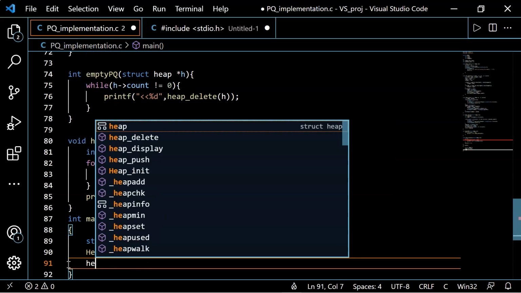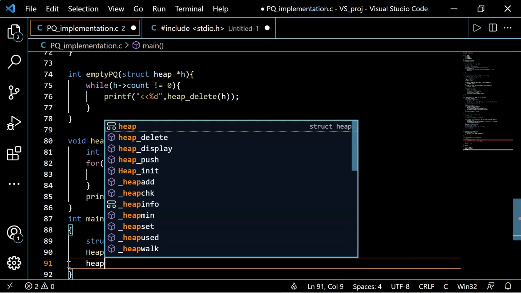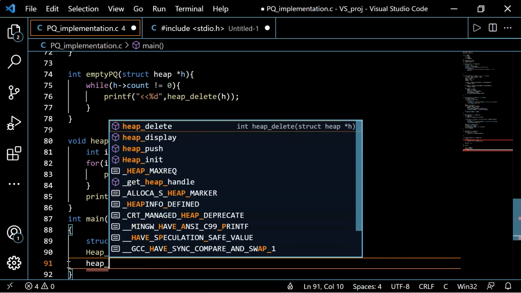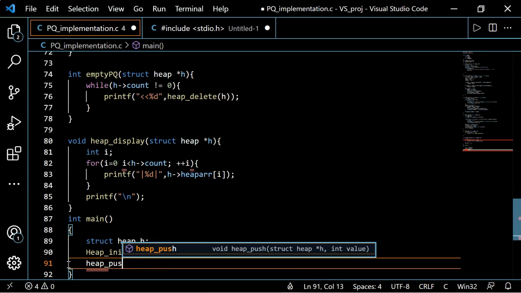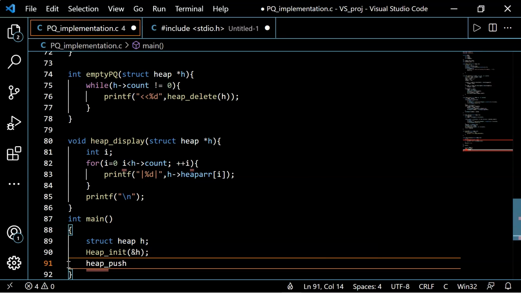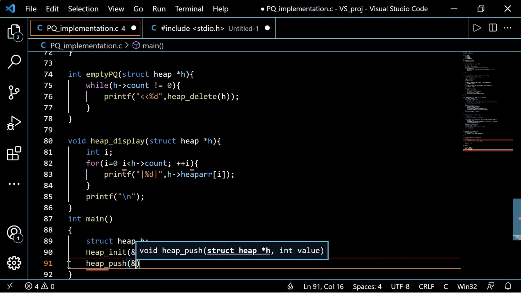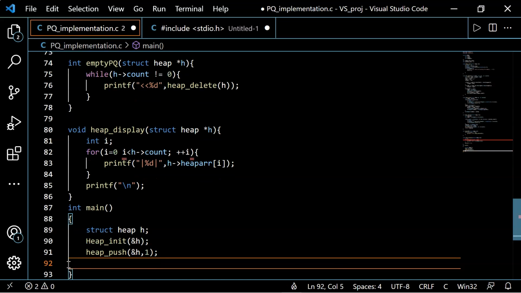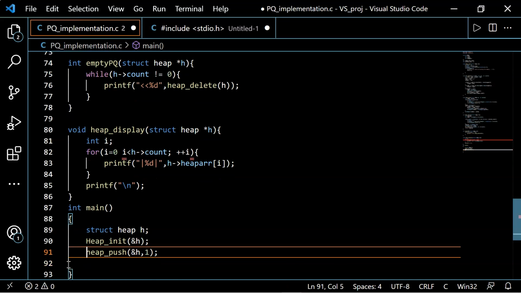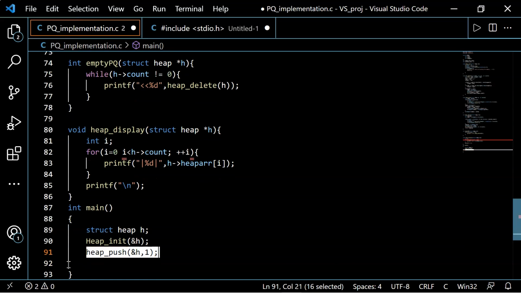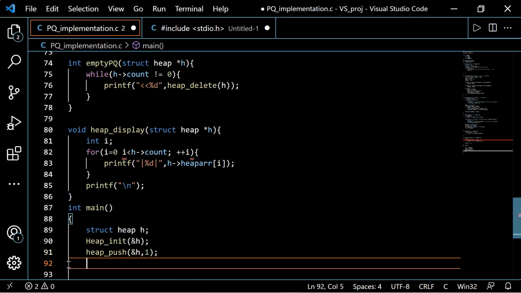Next, we will call the heap underscore push function to insert an element, and h comma 1. Next, I'll copy this part and paste it to insert another element.